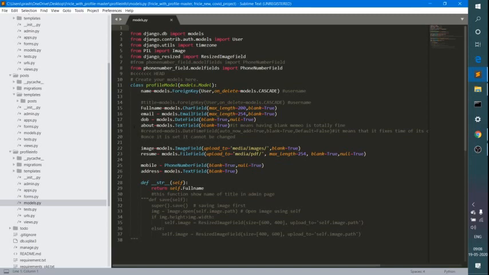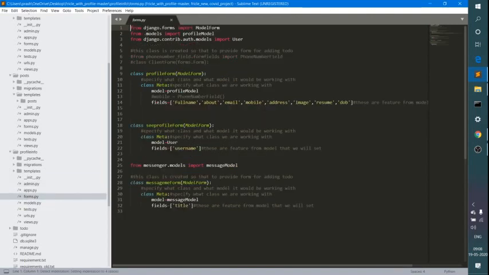Some features will be filled through Django itself, and some fields will be filled through forms, which will be shown in the HTML page. Some fields from here will be visible in forms.py, from where I can fill the data, and the data will be sent to views.py, and from views.py it will be saved to the database, which is the SQLite 3 database.